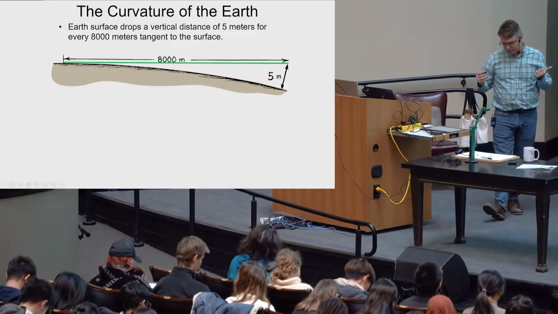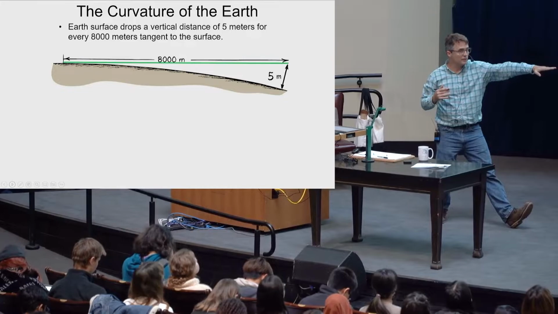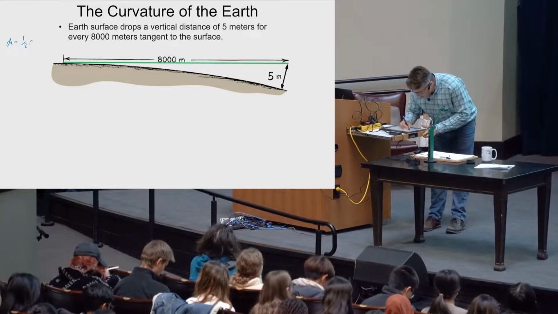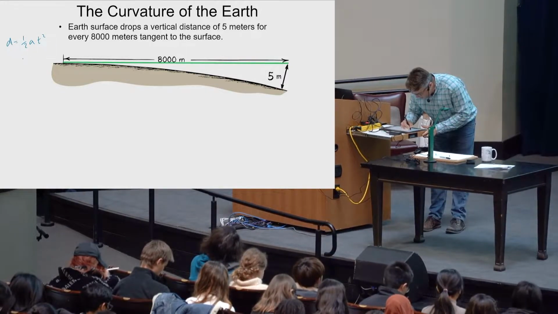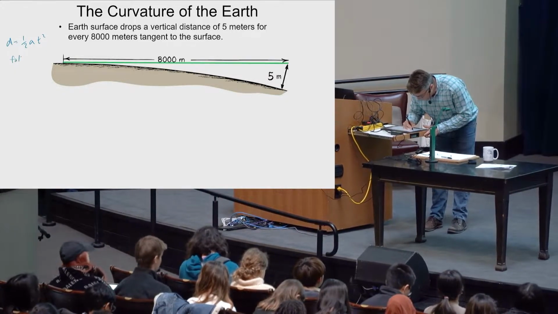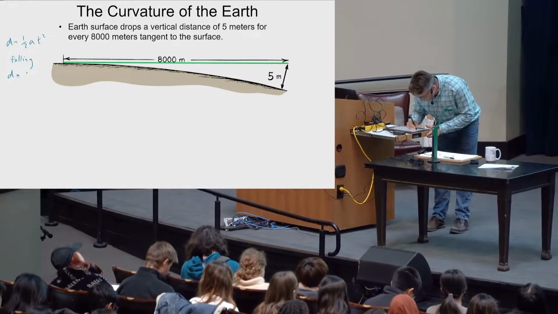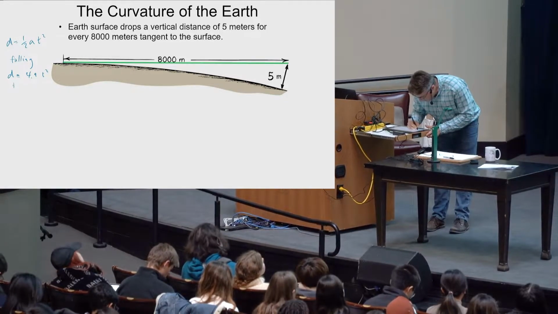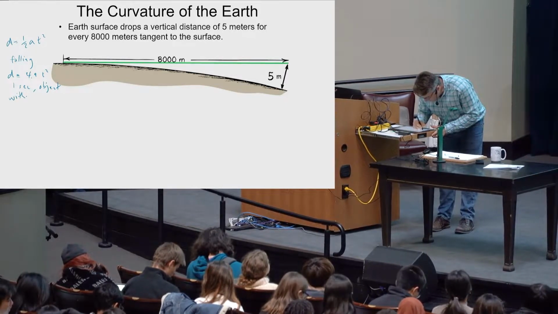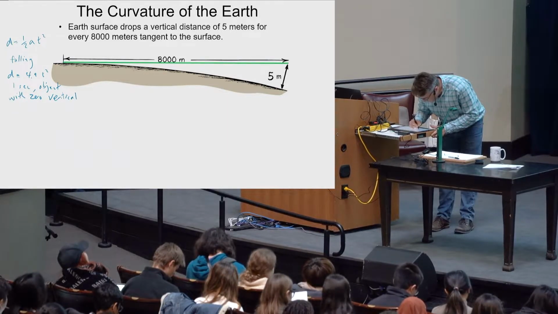First of all, it turns out that if you go sideways about 8 kilometers, then the Earth curves downward about 5 meters. And if you drop something from rest, d equals 1/2 a t squared, with g, so falling is something like d equal to around 4.9 times t squared. In 1 second, an object with 0 vertical initial speed